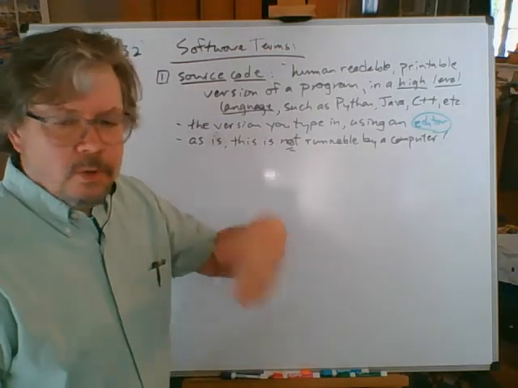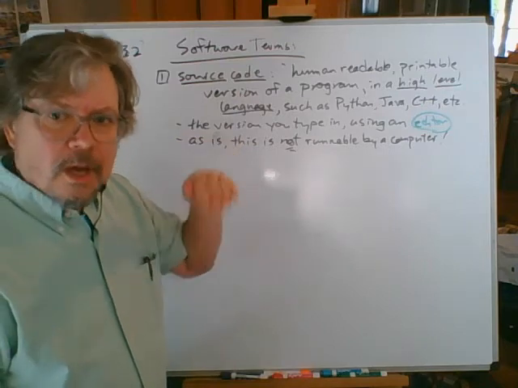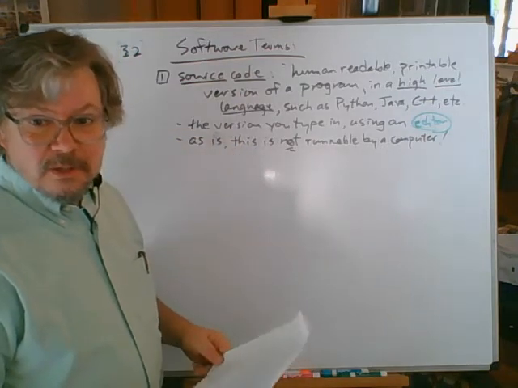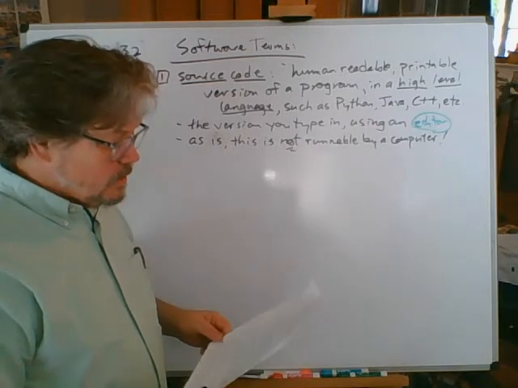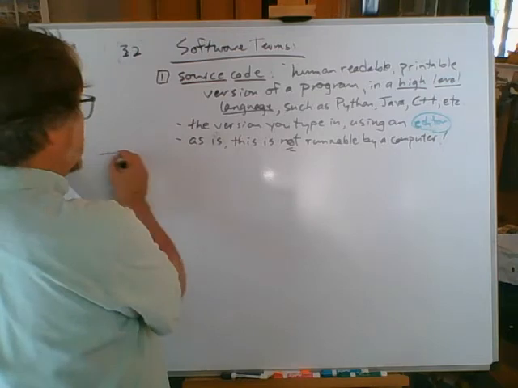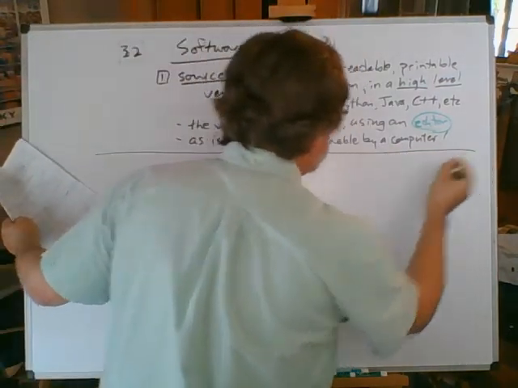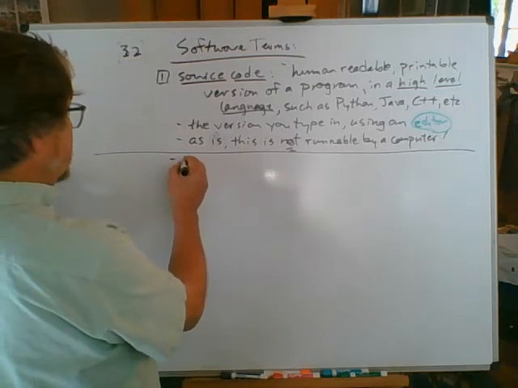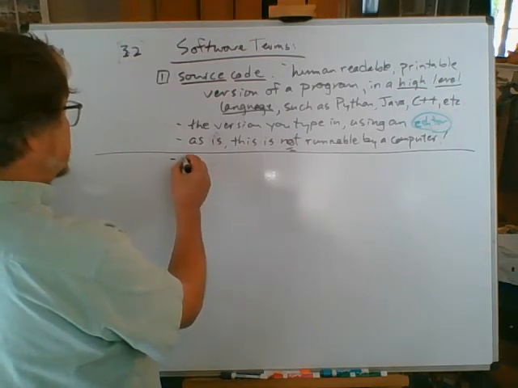Here, this is what I want you to do, one instruction at a time. But in that form, that's useless to the computer because it doesn't understand English. It doesn't understand any of those words. So what happens next? Well, we cross the line into the next box. Source, what am I going to say? Here, a transition statement. Source code